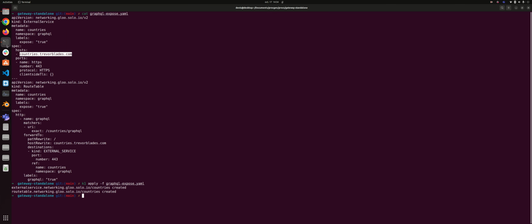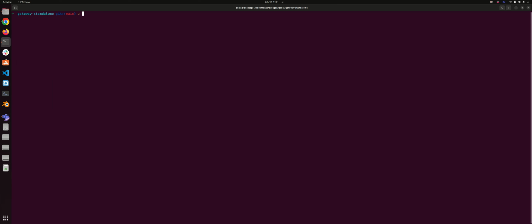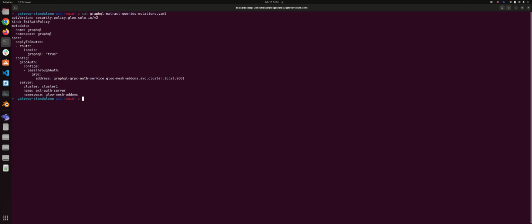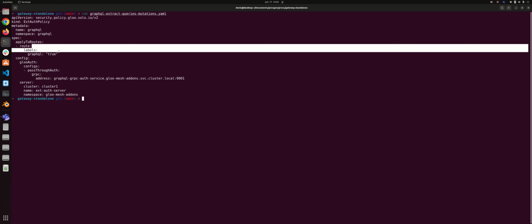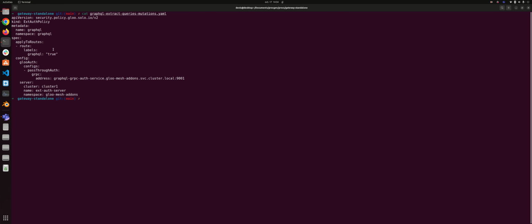The way we do it is we are going to create a few other resources, and that's the one that's called extract query mutation. So you see here I'm going to create an ExtAuthPolicy. It's normally used when you want to authenticate users, and I'm going to do that a little bit later. But you see here I'm using this policy to say whenever there is a request that is going through a route that has this label GraphQL, which is the case of the route I created in the route table, then I want to send information about this request to this external service,